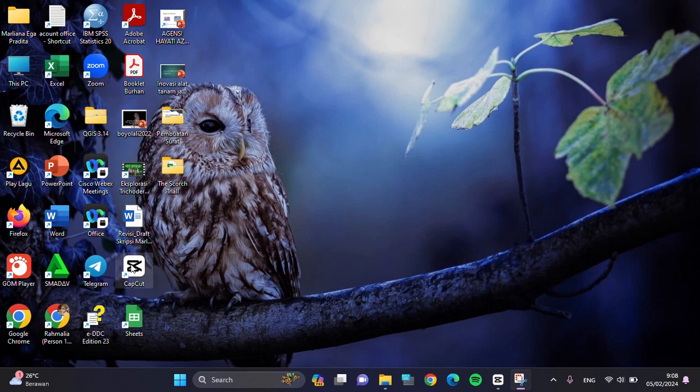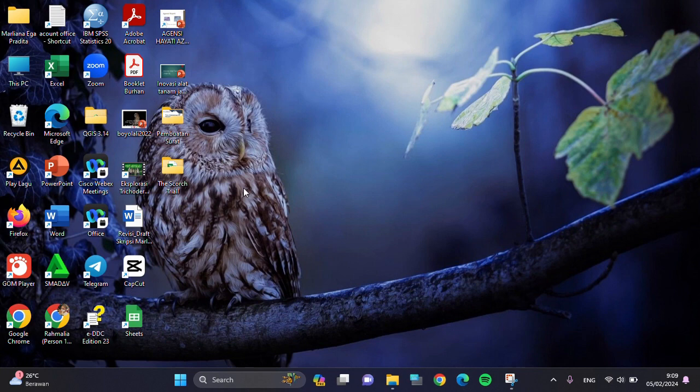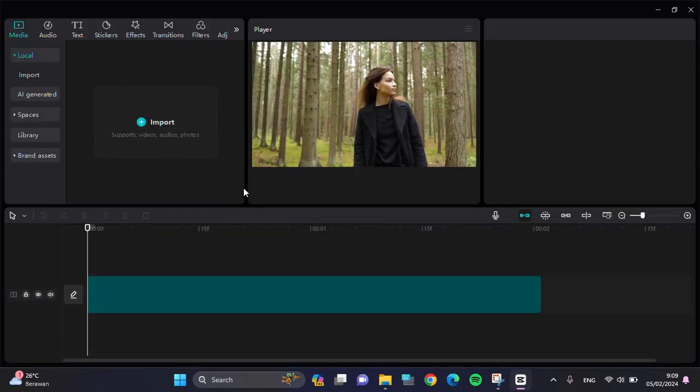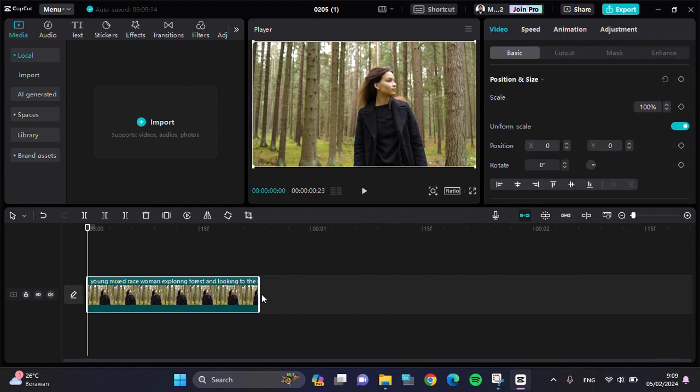And first of all, let's just open this CapCut application. So I'm going to open it. Okay, and here I have created a project on my CapCut, but you can also create a new project by tapping on this new project button. And I'm just going to open my project. Okay, and we're going to remove the background of this video, but I'm going to cut the video to make